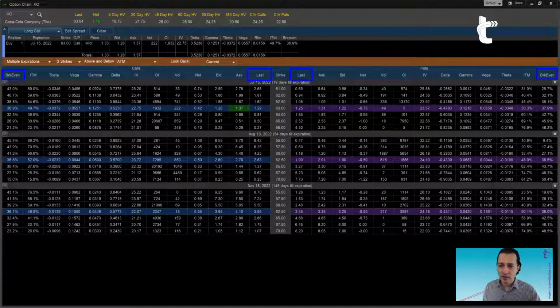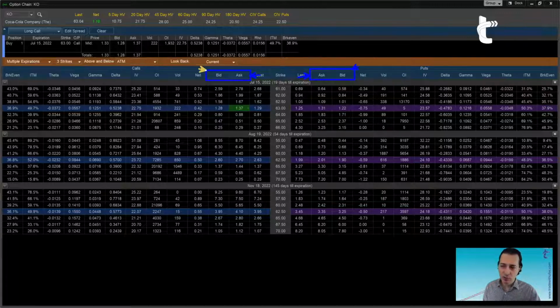Same happens with the Greeks. Here we got theta, vega, gamma, delta. So we have those Greeks here. When you look at it, what was on the extreme is theta. So on the extreme on the right is theta. Then we got vega, then gamma, then delta. So it's kind of like a mirror image. And by the way, something which is unique to this platform, which to me makes a lot of sense, is the fact that the bid and the ask are also positioned as a mirror. The ask is closer to the center for the call. The ask is closer to the center for the put. The bid is closer to the extreme for the put.